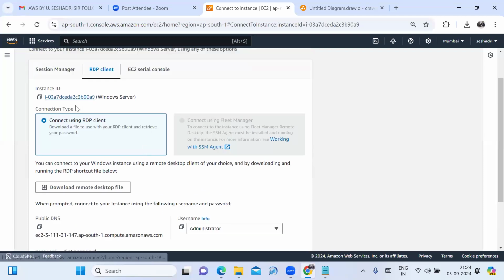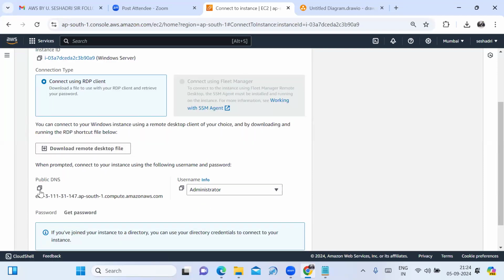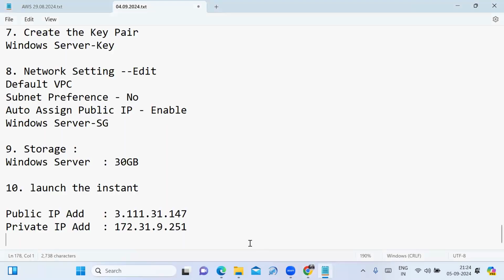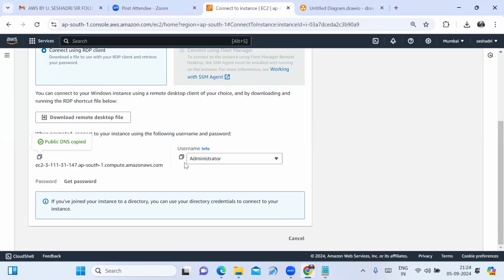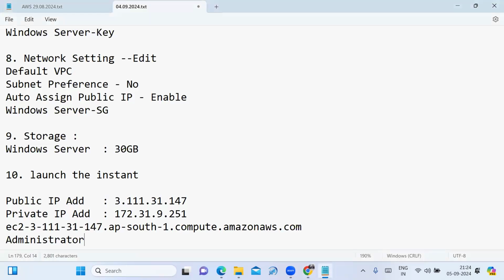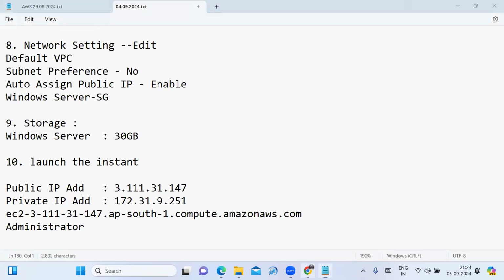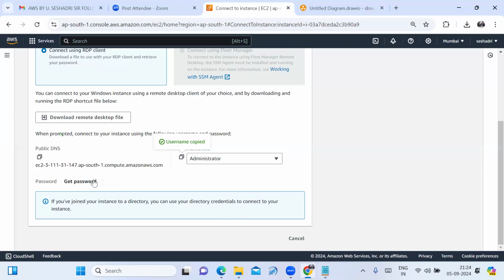Friends, here in the remote desktop file, I can note down the public DNS. Copy this and note it down in the notepad. Fine. And what is the username for the Windows machine? Administrator. What is the password? I can download the key pair in PEM file format.